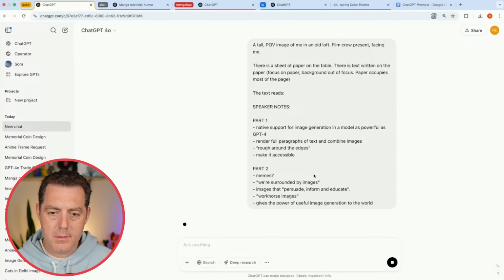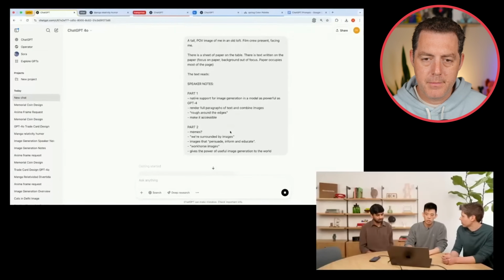Now, 2 years ago, when we first started this project, we were interested in sort of like maybe a scientific question about what native support for image generation would look like in a model as powerful as GPT-4. We didn't know the answer to that question. But a year later, when the model was done training, we saw really exciting signs of life.